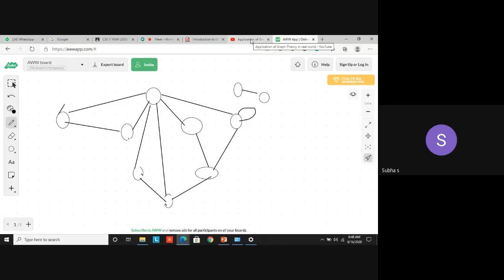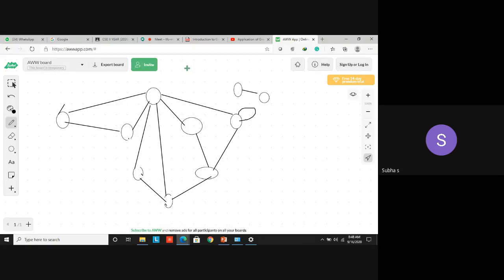We are commonly using the graph data structure in all our fields. Just a simple thing, going to college from our place. Normally there are different routes possible. For example, distance from Velachery to Pundamalli, I can have different paths, different routes to reach Pundamalli. But what will we choose? We will choose the minimum distance, because it will save the time.